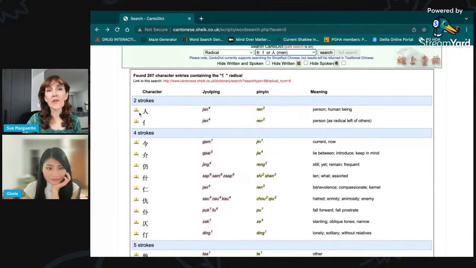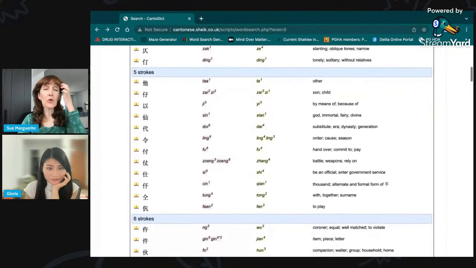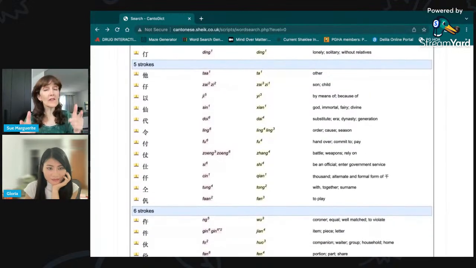starting with the character itself and then the radical form, and going down, down, down. You need to know how to count the stroke order too, which is another reason you should be writing the character, because when you write the character, you count the strokes, right? So you'll know how many strokes there are. Sometimes it can be deceptive because, for example, the water radical, right? How many strokes are in water? Do you know? Because I got it wrong